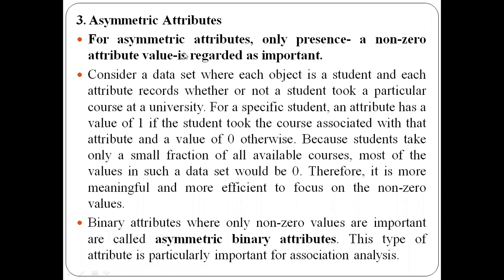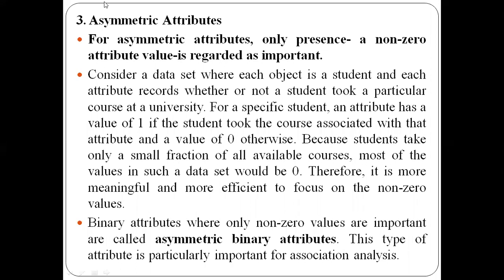Each student record I will be maintaining here. Each student name will be present. In front of that student, I will record 1 if that student has taken the course, and the other values will be recorded as 0. After storing all the values, that is, the number of courses taken by the students, we will filter only those values which have the value 1. We will be bothered only about the values stored as 1 rather than those which are 0. So that is one example.